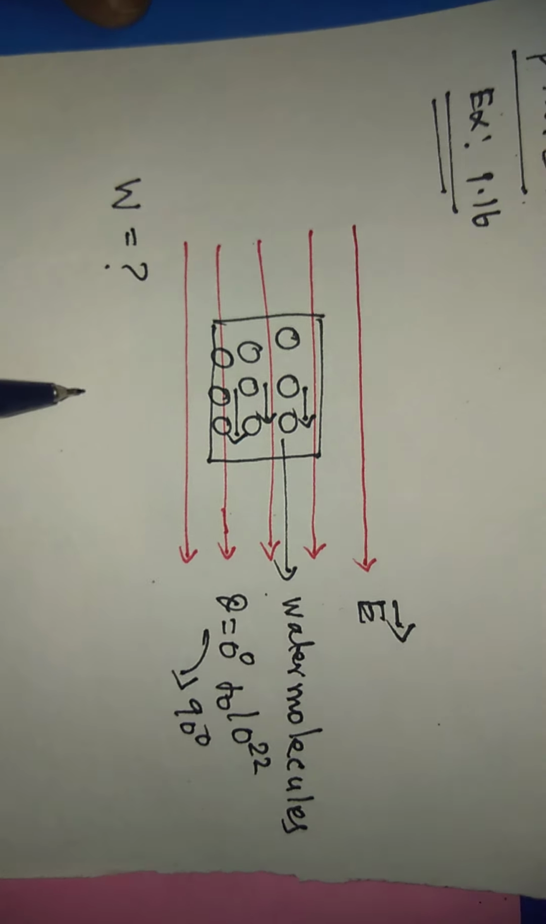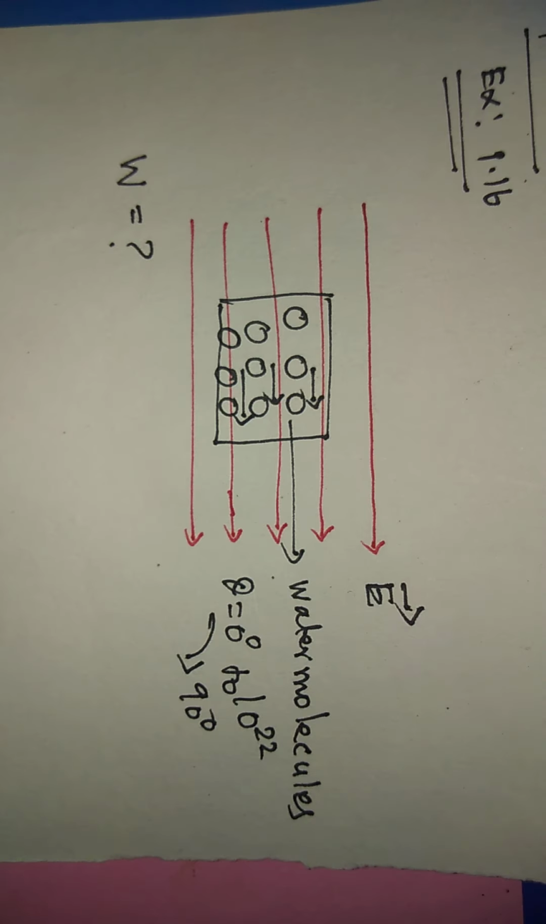Already you have the one formula: W is equal to minus PE cos theta plus PE cos theta dash. Here theta dash is the initial angle, theta is the final angle. So using this formula, W is equal to